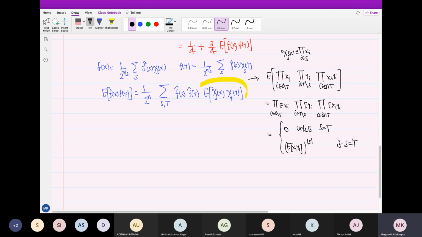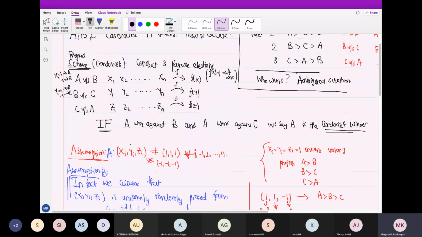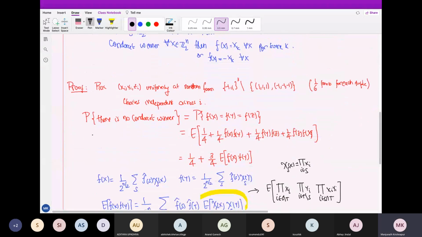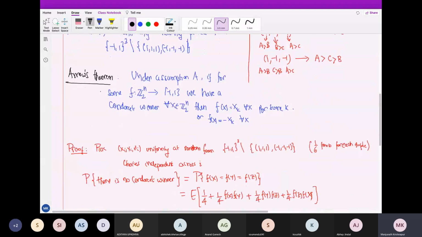Are there any questions about this? Is it okay? So I just calculated the expectation of the product of two characters, one applied to X, another applied to Y. That gives me this, and if S is not T, we see a singleton hanging out, that will give you 0. Otherwise you will get expectation of x1 y1 to the power cardinality of S, because all of them are across i identically distributed, right? So what we assume is, okay, we'll pick xi yi. So this is assumption B. I didn't write it, but that's what we are doing.